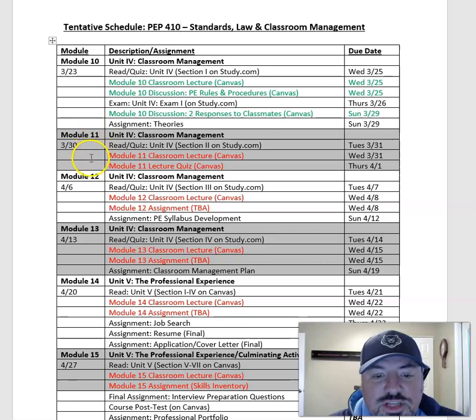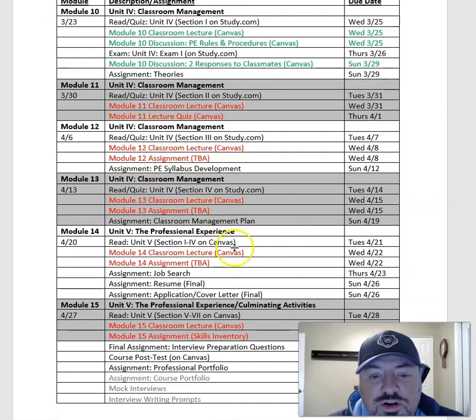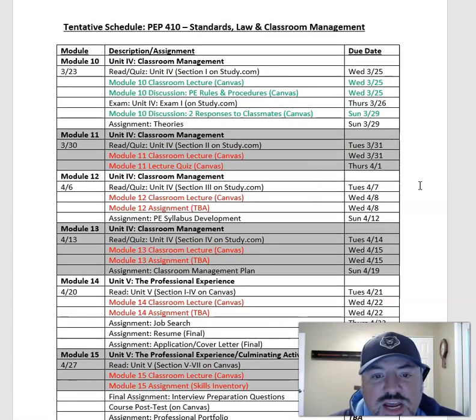So as I finish these and go down through Module 11, I'll change these from red to green. And when I send out the announcement, you'll be able to see what's turned into green. My goal is in the next couple of weeks to have the entire course completed so you can go ahead and work ahead. So I will share this with you. Understand my key. Everything in black was something that was originally scheduled. Everything in green is something that's completed.